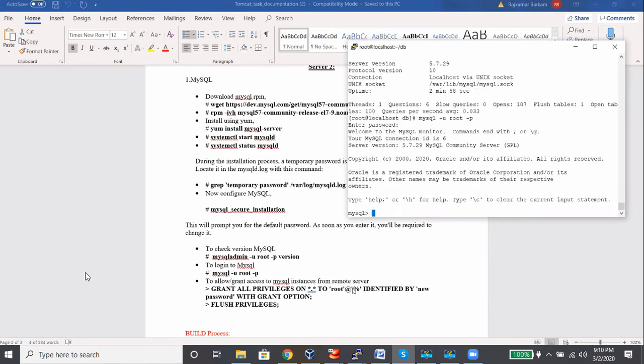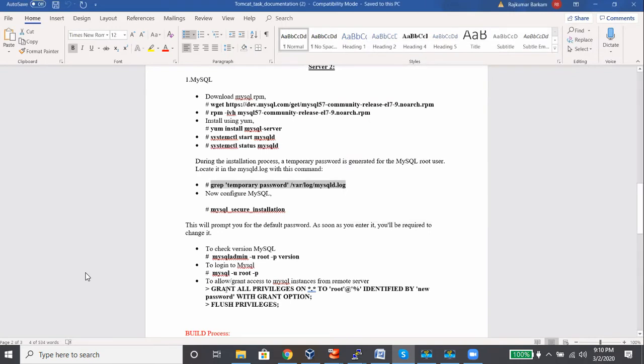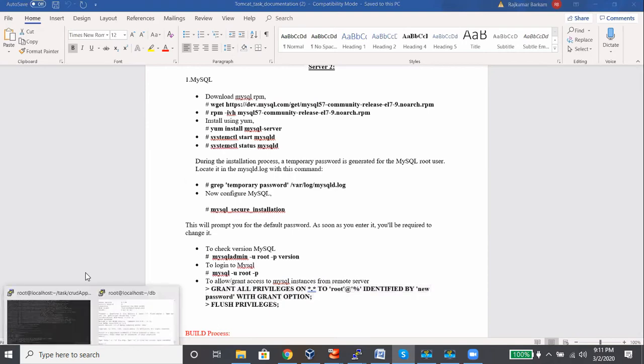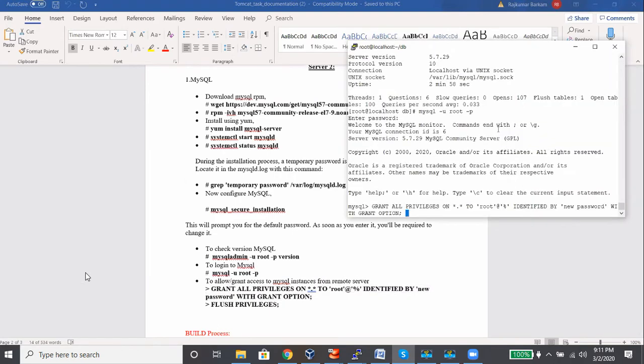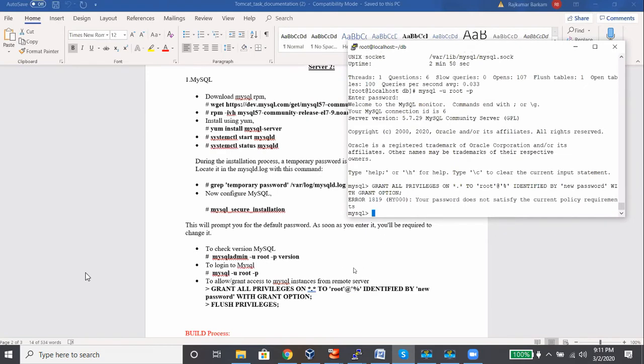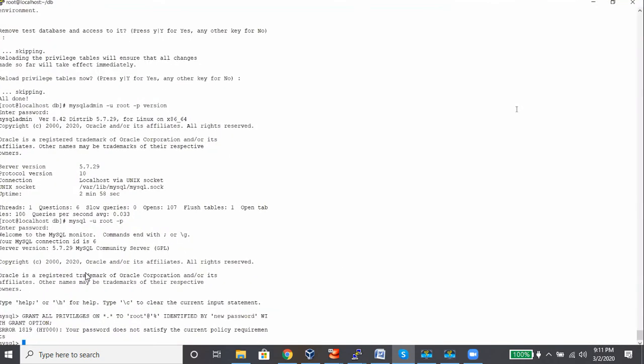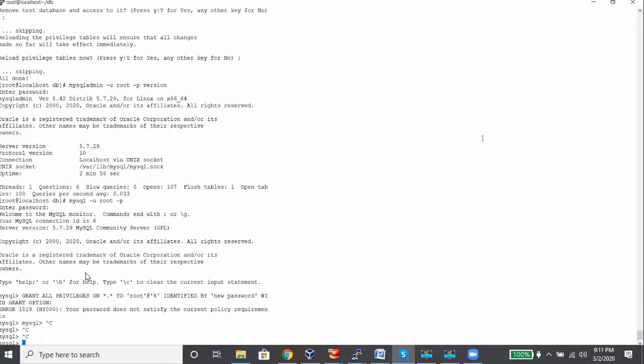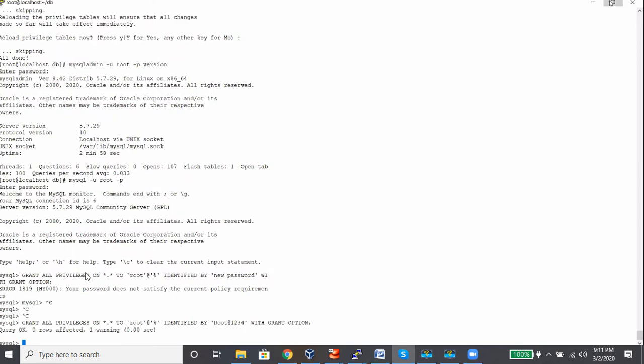Okay. Now here execute this command. This command means you are granting privileges for the root account. The star means everything. For everything you are giving access. Okay. So right click, enter. Here you need to update your password. In the document I gave a new password, but you have to write it here. You have to hard code it, enter. Okay, it got affected.